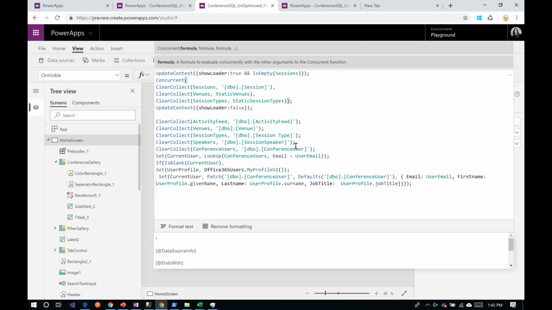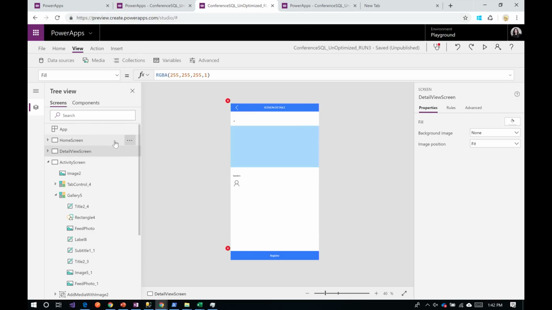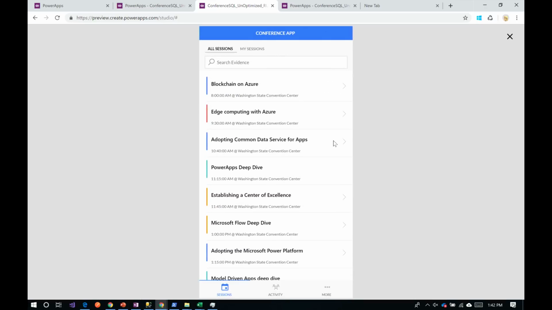Okay. So the last few things I want to talk about are related to maybe these detail view screens. I noticed when we were going from one page to the other,